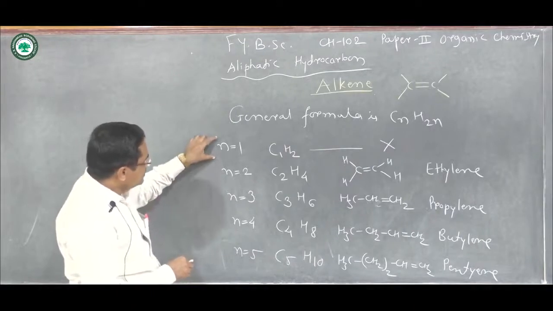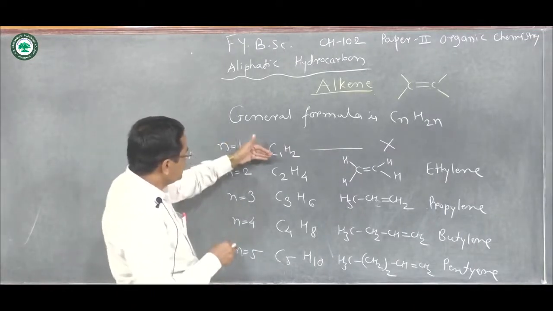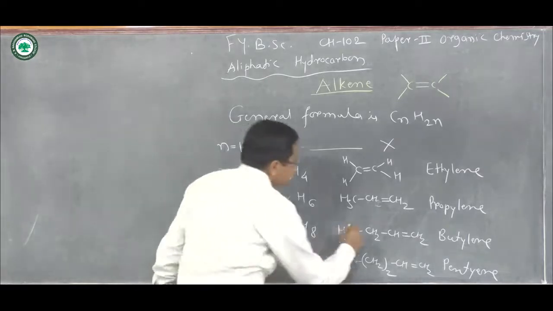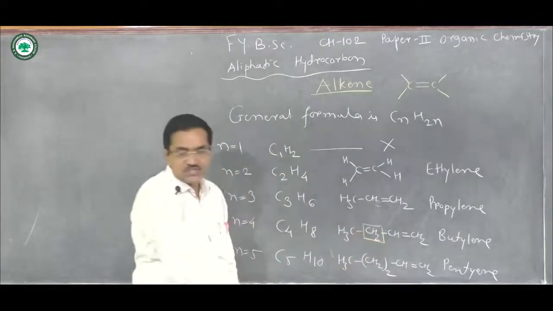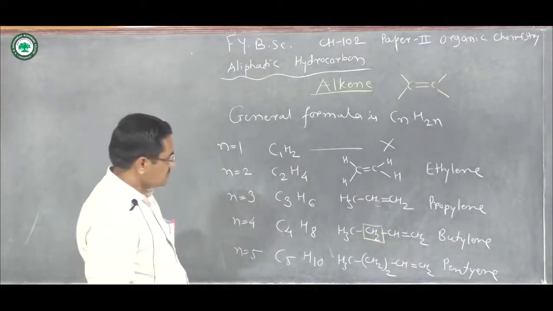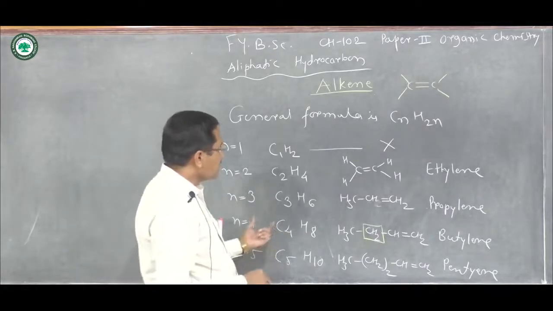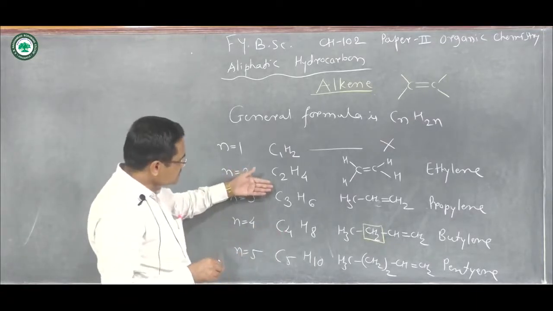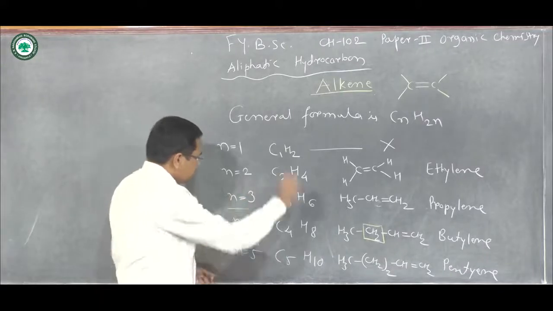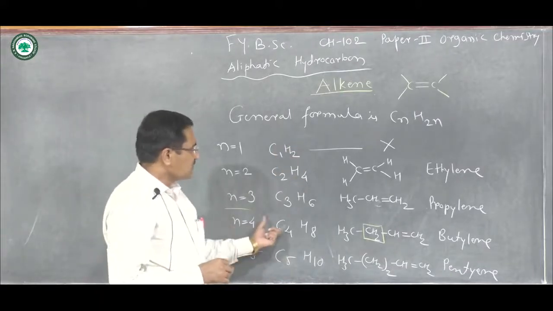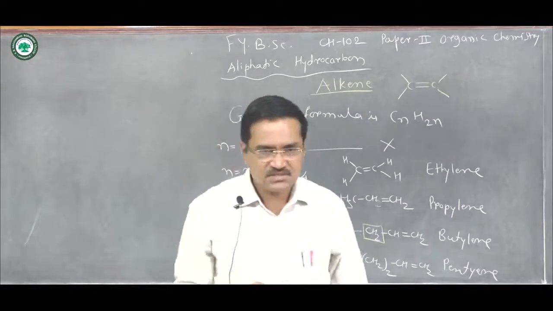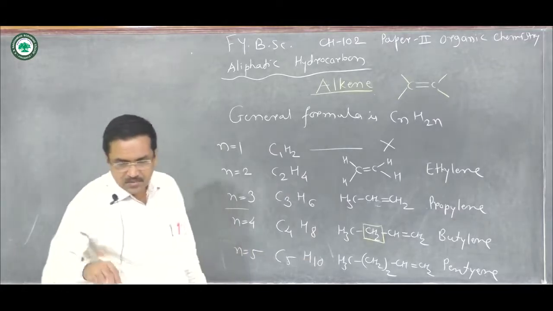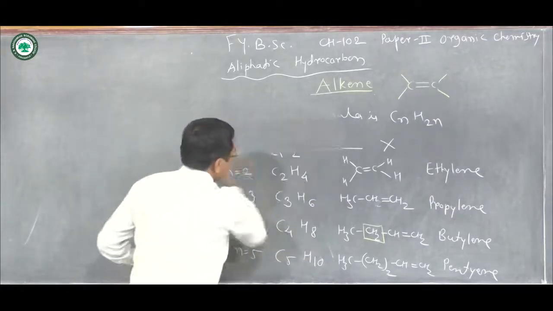Now here, when we move from first member to higher member, each time CH2 is added, and one more thing is here, when we see the higher members, means above the n equals to 4, the isomerism is also increases. So we will see some isomers of butylene compound. So next point is